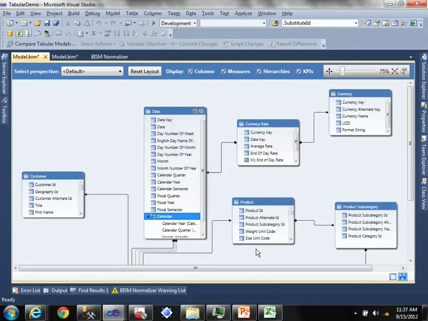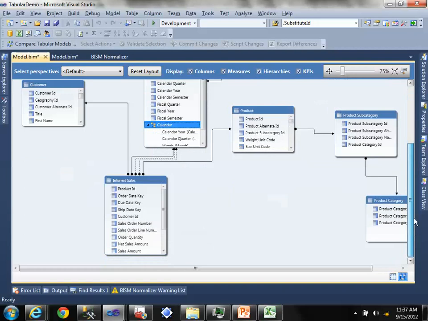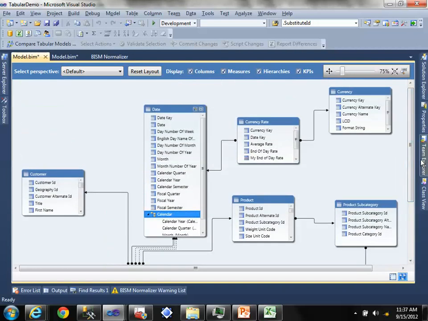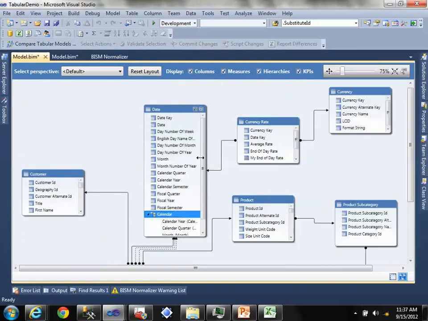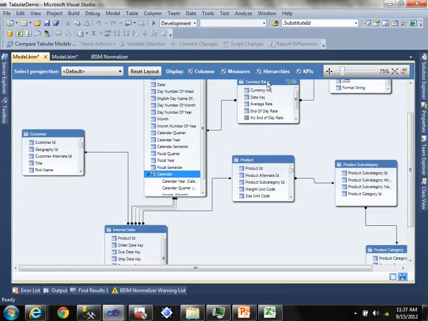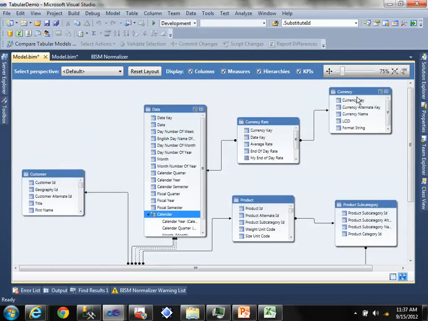But you might say, well, hold on a minute, Christian. There is a relationship between internet sales and currency. All you have to do is learn a little bit of joining, right? And then you can get from internet sales to date and then just join down to currency rate, and that will get you to currency. So why is that an unrelated dimension? Well, the reason is that